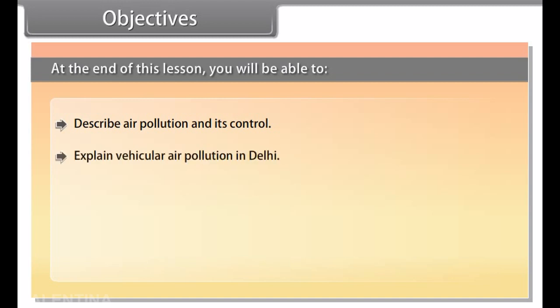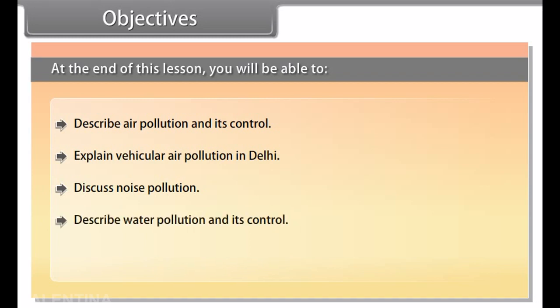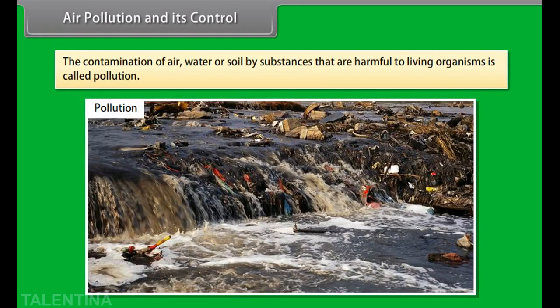Objectives. At the end of this lesson, you'll be able to describe air pollution and its control, explain vehicular air pollution in Delhi, discuss noise pollution, describe water pollution and its control, and discuss a case study of integrated waste-water treatment. Air pollution and its control. The contamination of air, water or soil by substances that are harmful to living organisms is